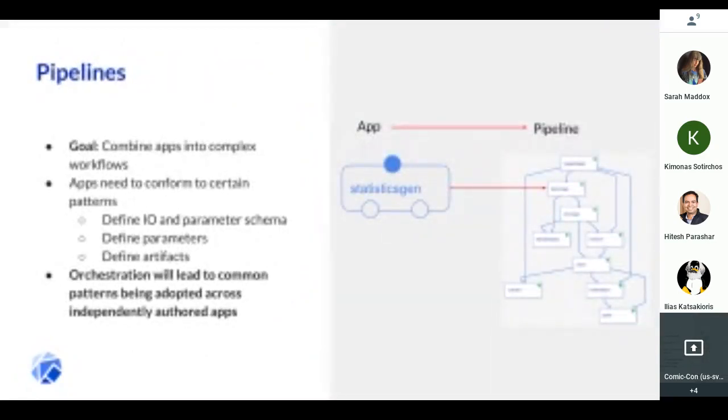So let's think about orchestration and pipelines, right? If we look at pipelines, one particular component that we could think of is StatisticsGen. This is one component in TFX, which is a library and framework for machine learning that is being built by the TFX team at Google. StatisticsGen is a component that can be used to compute statistics about your data, right?